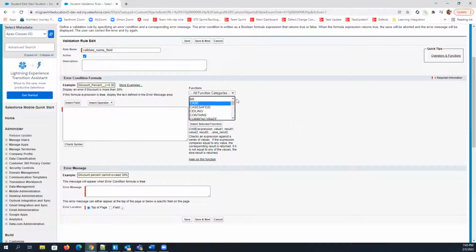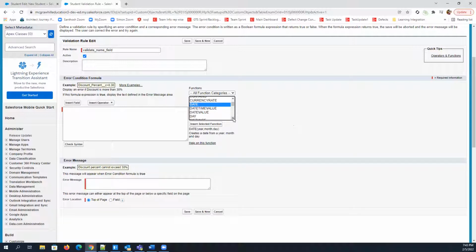So CASE and IF have almost the same use case, but CASE is like a switch case. And the DATE function, you can also use, but it is not very common. Then the IF condition, which you will use a lot.